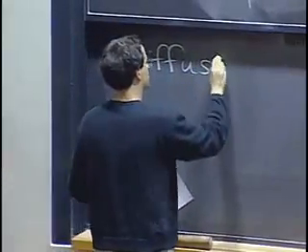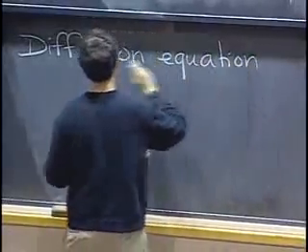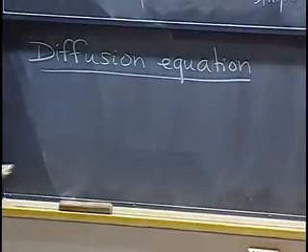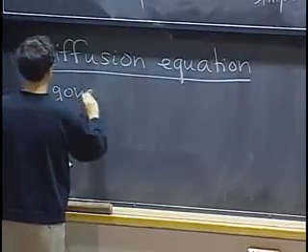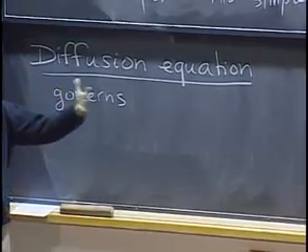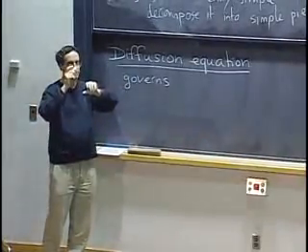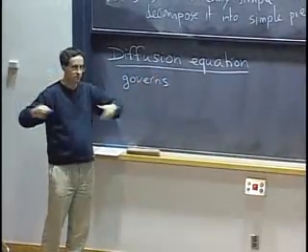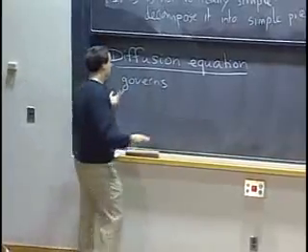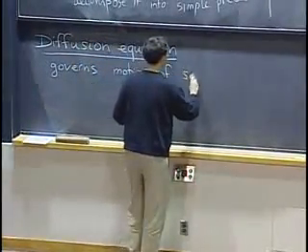So let's look at something called the diffusion equation. Let me explain to you what it does. The diffusion equation governs what's called diffusion. Diffusion is when you have a fluid in which you're introducing some substance and you want to figure out how that thing is going to spread out. The technical term is diffuse into the ambient fluid. So for example, that governs the motion of, say, smoke in the air.